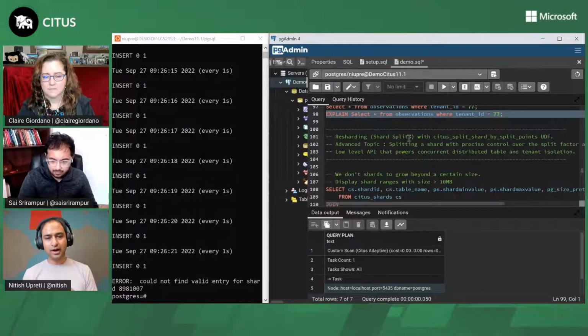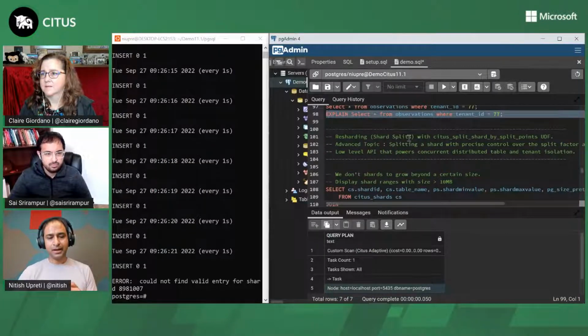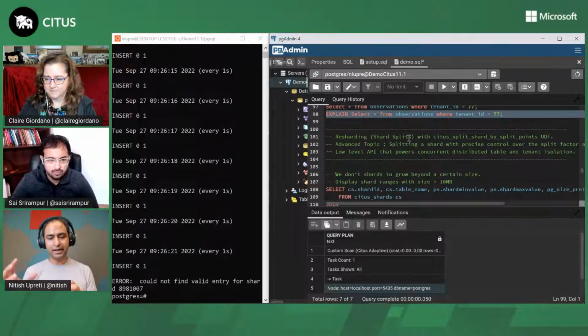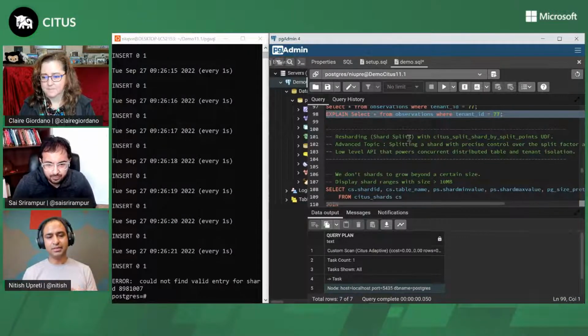It's a mouthful, and there's a reason behind it, because it's kind of an advanced UDF, since it allows you to split a shard with precise control over the split factor and the placement. If you remember in the previous case, we were starting with a tenant, isolating it, and there we were doing a three-way split. This generalizes it, and so it's a more lower level API that powers tenant isolation as well as create distributed concurrently. So there we are going from a single node to, in Adam's case, a 32